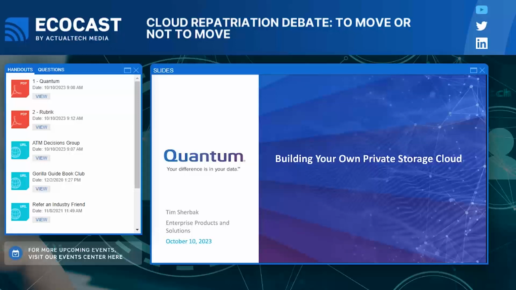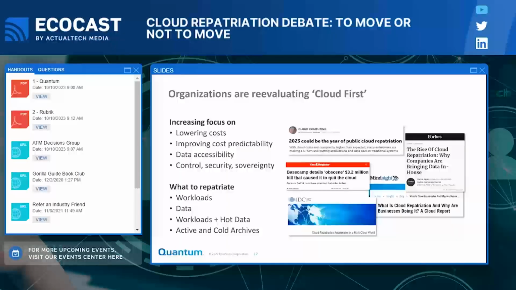In a lot of ways, this is an outgrowth or a consequence of significant investments in cloud, and ultimately, as per our subject today, repatriation of workloads and data from the cloud into your own in-house environment. In today's time frame, given now that we're well over a decade into cloud agendas and cloud computing, a lot of organizations are reevaluating